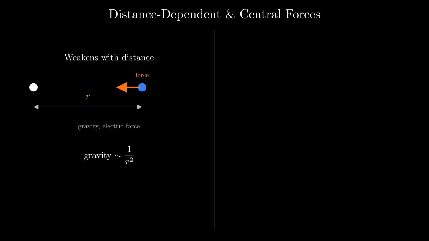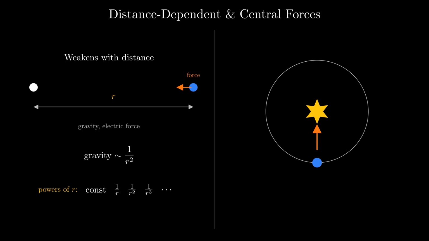The gravitational force between two small objects falls off as the inverse square of the distance between them. Richer arrangements of attracting and repelling charges give forces that fade with other powers of r: 1 over r squared, 1 over r cubed, and beyond. A force can even hold a steady magnitude while its direction turns. The gravitational force on a planet circling a star always points toward the center. That kind of inward attractive force is called a centripetal force.